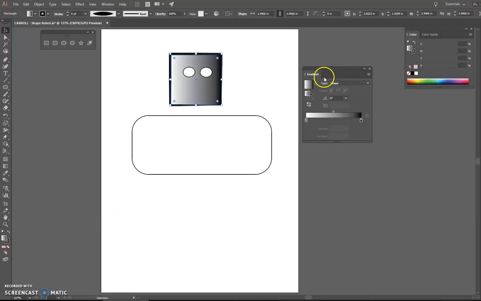So when I come over to my gradient option, I have the linear option and the radial option. So linear is going to be a line, L-I-N-E. Radial is going to radiate, like rays from the sun. I'm going to leave it on linear. And you'll notice when I come down here, this is what's called my gradient slider. The gradient slider goes from one color to another. So if I would like to change the first color, I'm going to click in this little square right here,